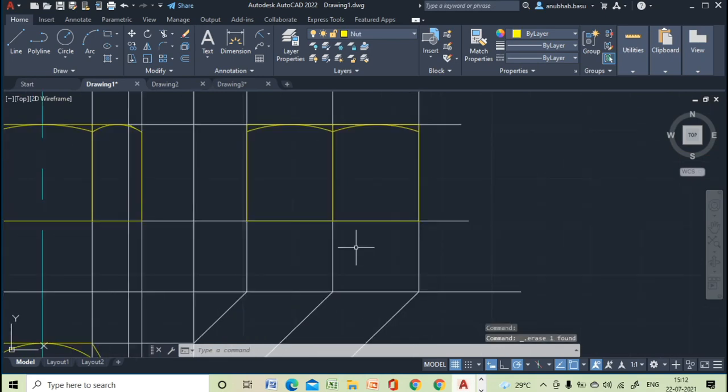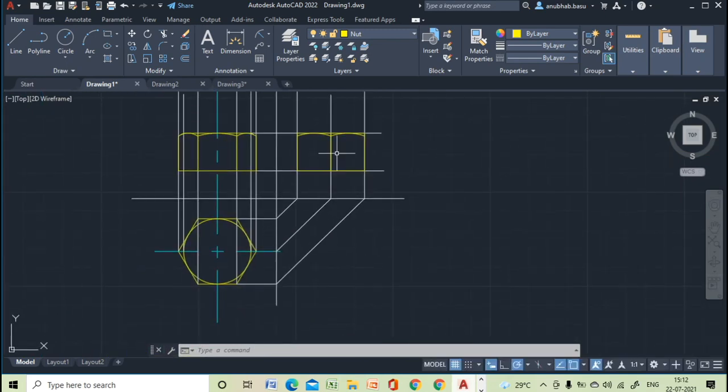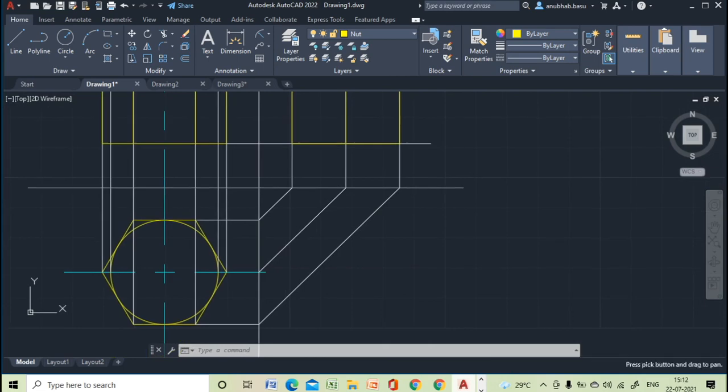Okay, so now, this one will be the side view of the hexagon.